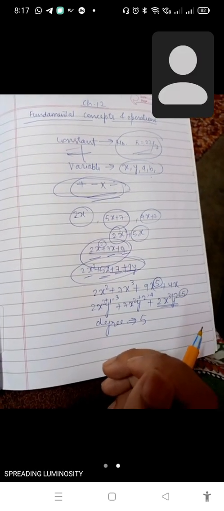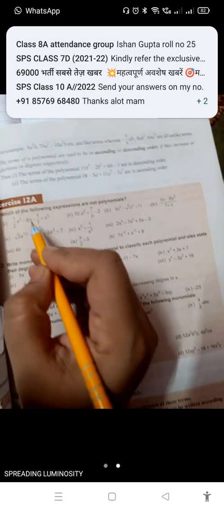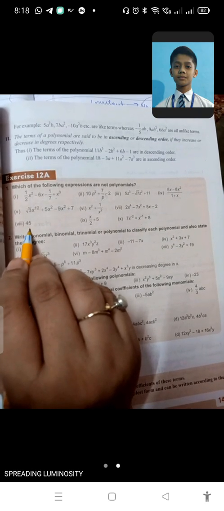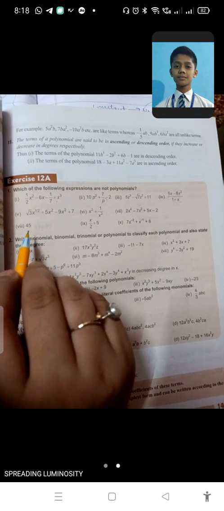So in the first question, you can identify the polynomial. The terms, I am going to explain it in the book. Here it contains non-negative power, so it is polynomial. Here the p is in the denominator, so it is not a polynomial. It is also polynomial because there is no variable in the denominator and the power is also not negative. Here it is in the denominator, so it's not a polynomial. It is also not a polynomial because the power is in fraction. It is also not a polynomial because it is in the denominator. It is a polynomial because there is no negative or fractional power of variable and there is no variable in the denominator.